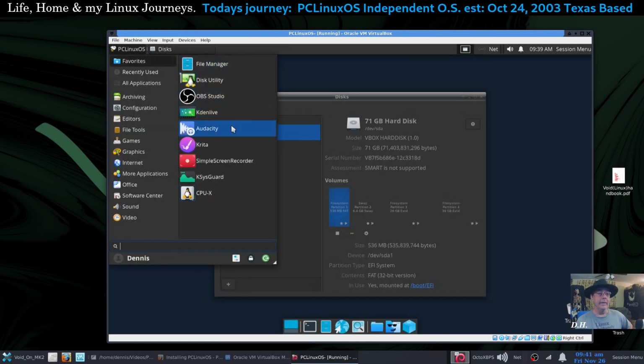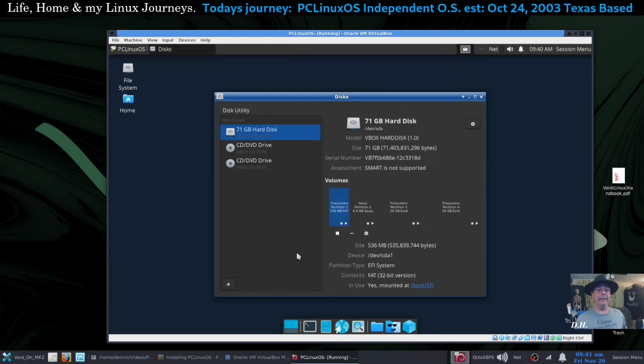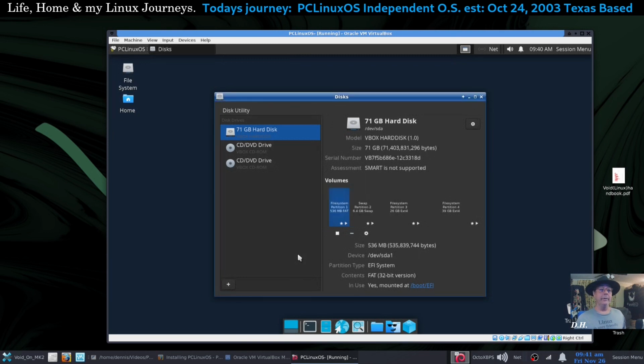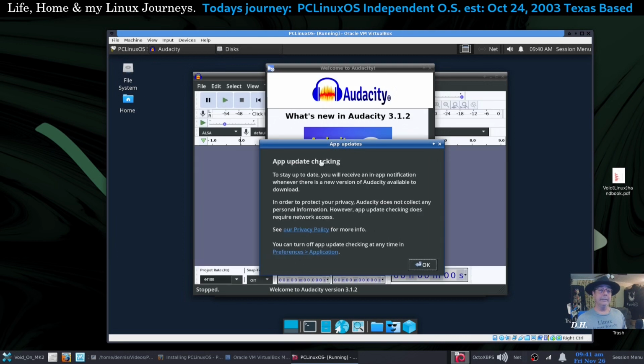Favorites, I got Audacity. And this is Audacity. I'm not sure, I wouldn't swear it's the absolute newest, but this is version 3 point something, and I believe this is reputed